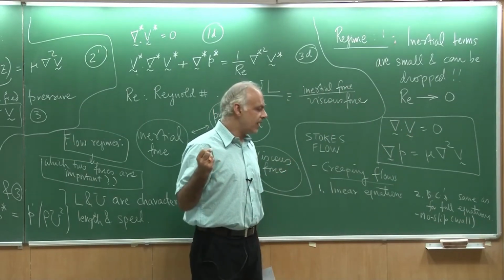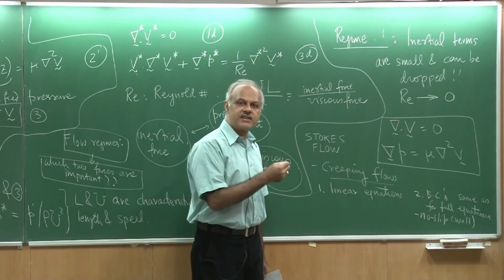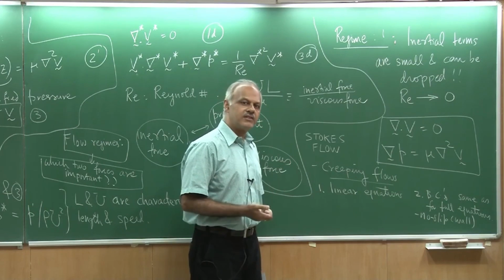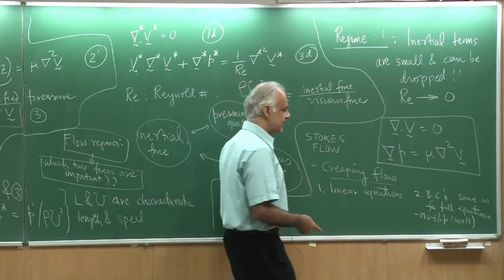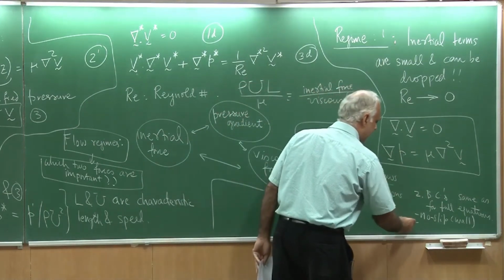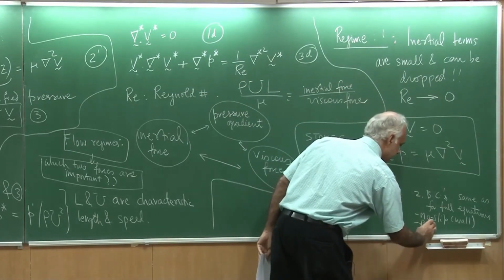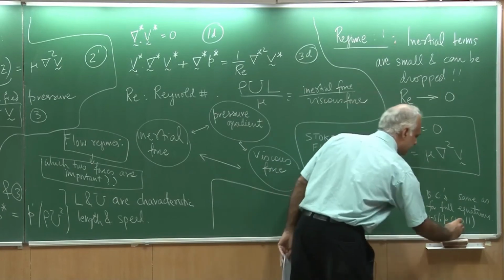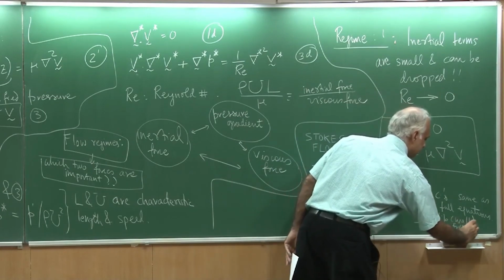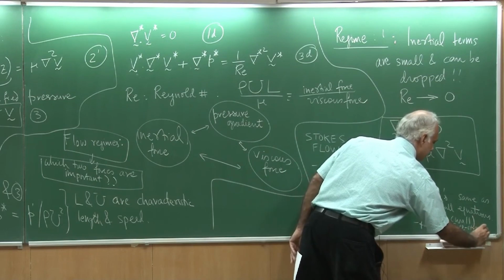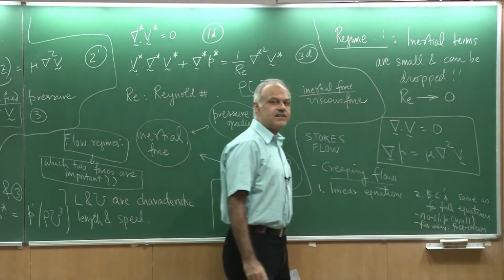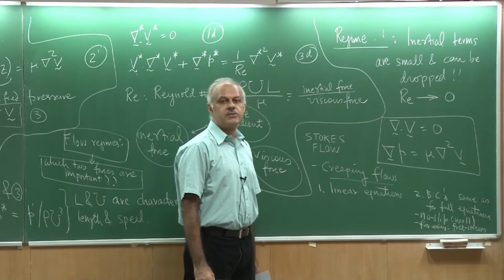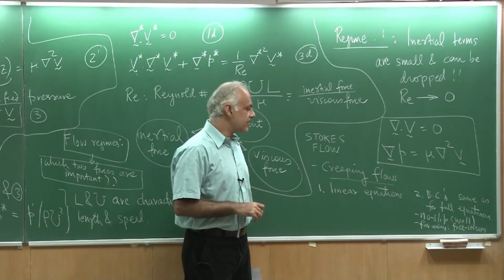So, if the solid wall has a certain speed or a certain velocity, the fluid elements next to the wall would also have the same velocity. That is the no slip at the wall. And then far away, we go to free stream values. Okay, that means the disturbance because of the body, that is negligible,